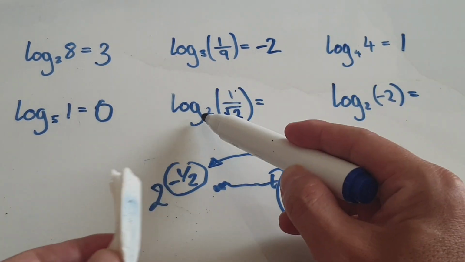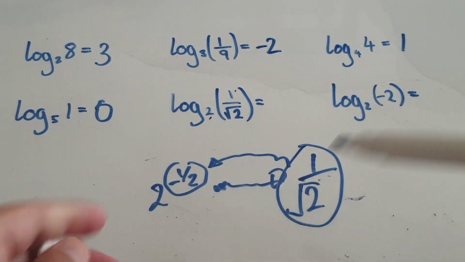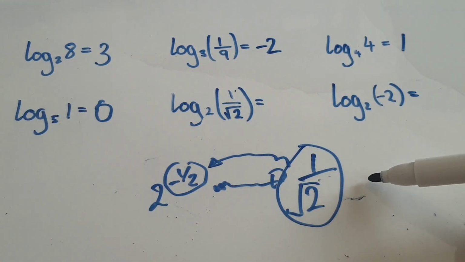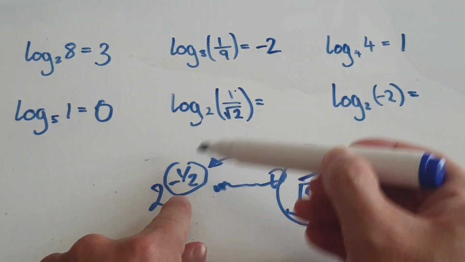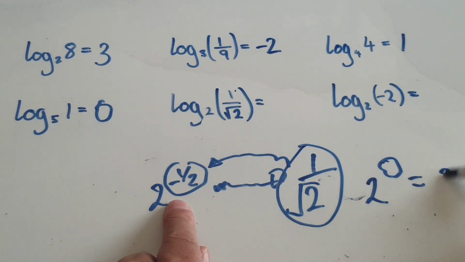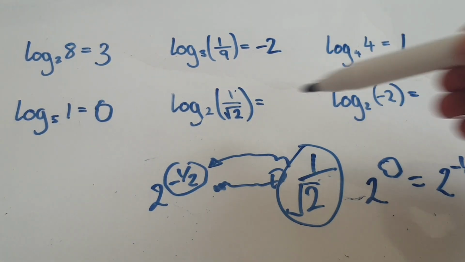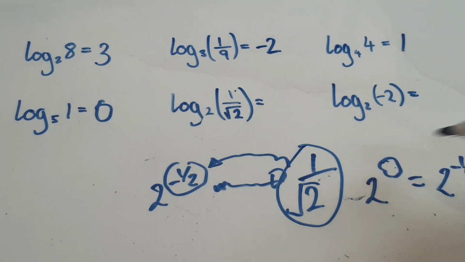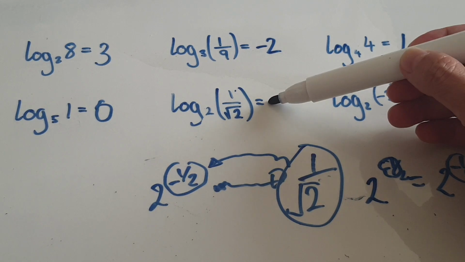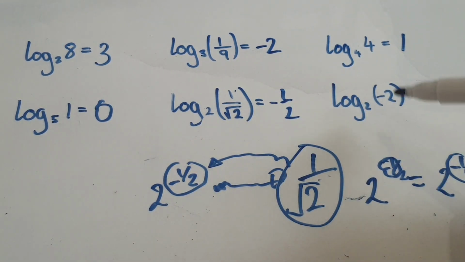The point is, when you come to do this, your eyes zoom into the base. 2 to the power of what will give me this thing here. This thing here happens to be 2 to the power negative a half, and then the whole log block is talking about this index. You can see this must be negative a half here. Well, the answer is negative a half. And then for the last one,